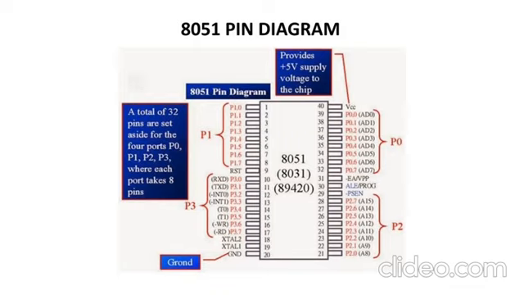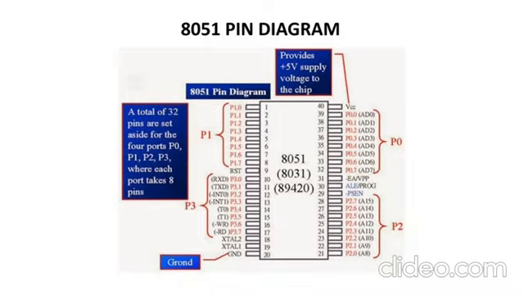Just write EA there. Okay, EA is nothing but external access. Whenever you want to use external memory, then you will enable this EA. By making it 0, the external access can be used, as it is an active low pin. Then next you have the ALE pin. Okay, this EA pin is an input pin, and the reset pin is also an input pin. So that is the reason whenever you draw, the arrows should be inwards for EA and reset, because they are inputs.